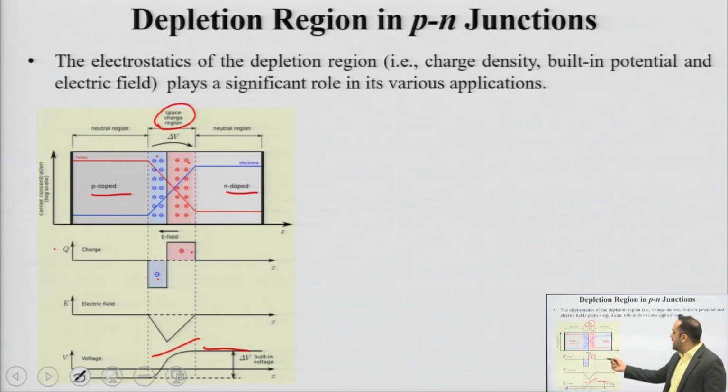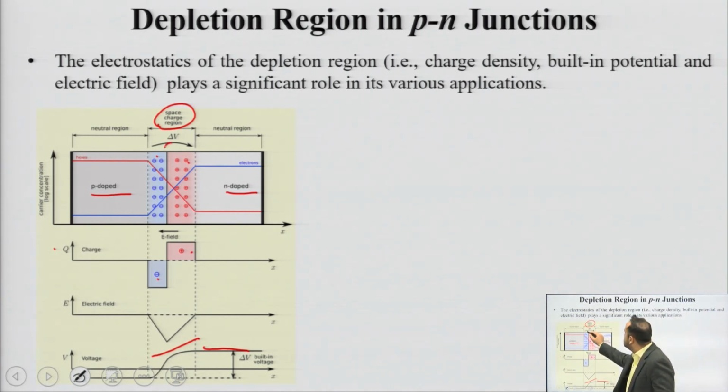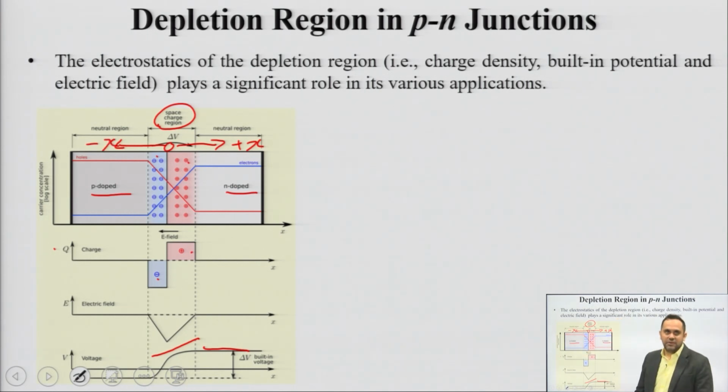This x axis which you are seeing here, we say that the junction is our origin. The right side, the n side, is your positive x axis, and the left side, the p side, is your negative x axis. So, the depletion region has two halves, one on the p side, one on the n side. The p side of the depletion region lies along the minus x axis, and the n side of the depletion region lies along the positive x axis. This axis orientation we use for further derivations as well.